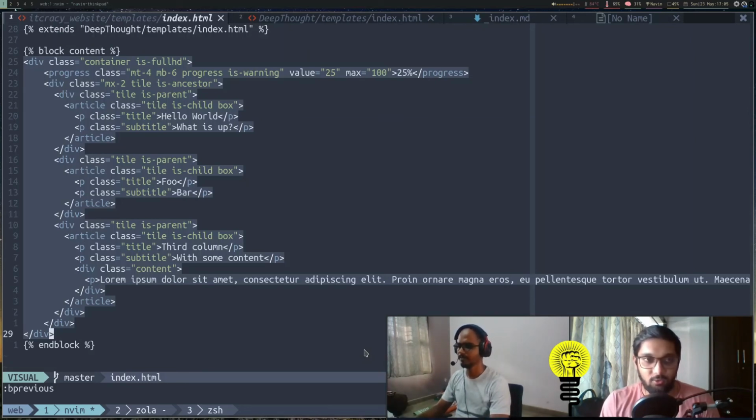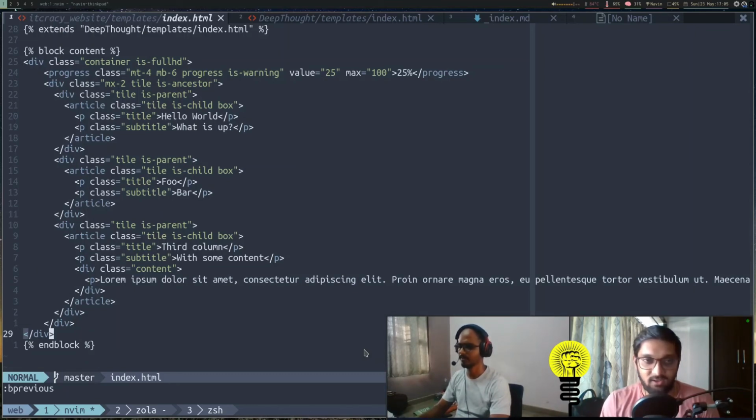You can notice the order here: first Zola will check your templates directory and see if it has the pages and the blocks that it wants. If it finds them, it will use those blocks. If it does not find those blocks, then it will navigate to your themes directory, search for its default templates and default blocks, and render it that way.